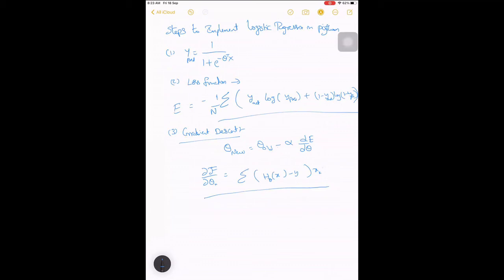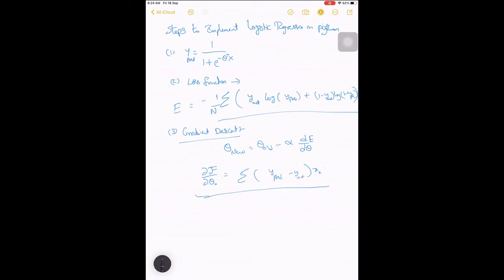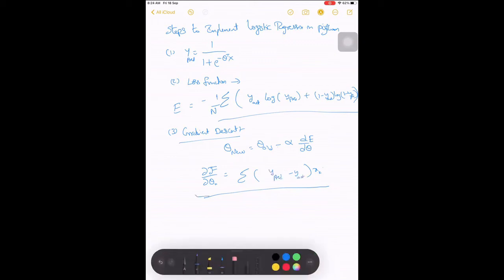So let me simplify it further and write it as y prediction minus y actual into x of i. So this is our final formula which we will be using for our implementation. We will be implementing this formula in our code.